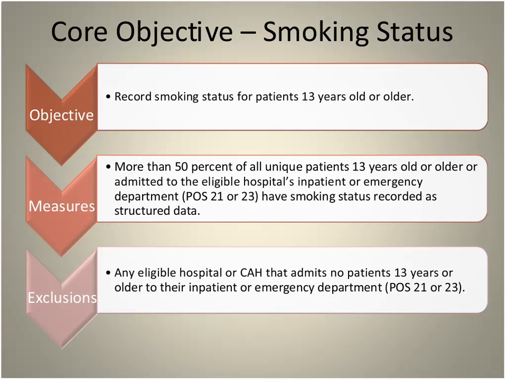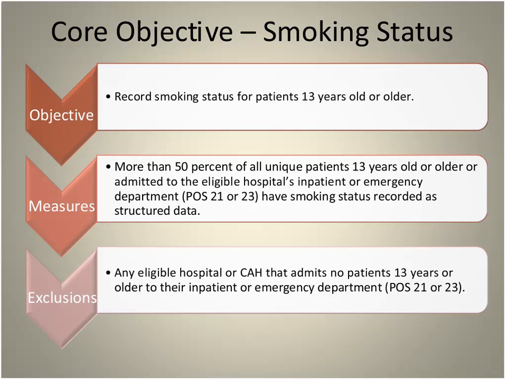If you're an eligible hospital and you do not admit patients that are 13 years old or older to point of service 21 or 23, and that would be during the reporting period. And I don't know how a hospital would be able to survive if they aren't, unless they're pediatric, and then I'm not sure how they qualify for Medicare. But